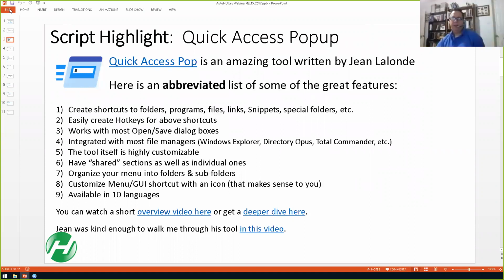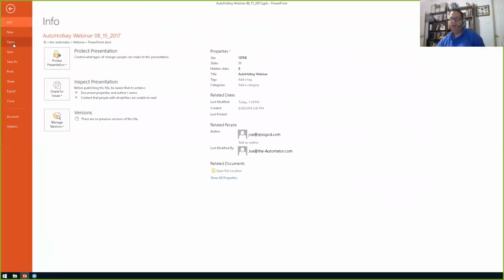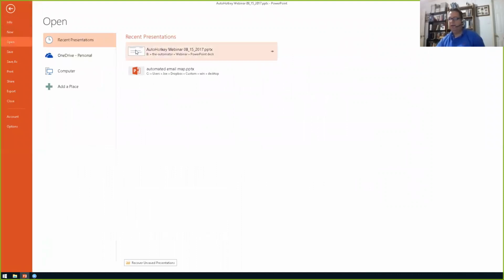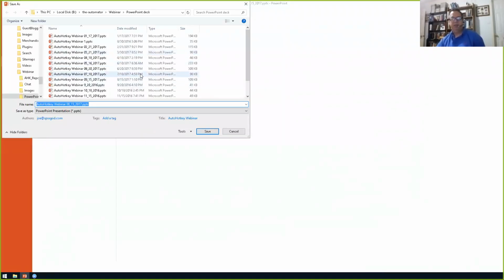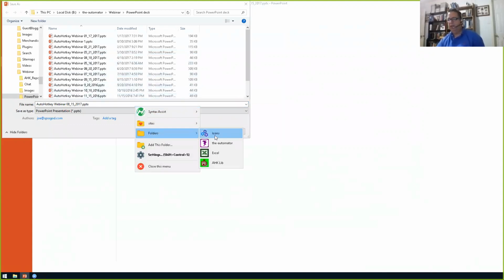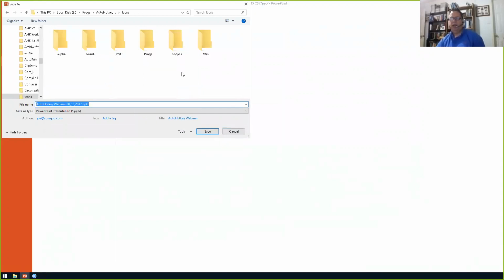The other thing that I loved about it was it interacts. Let's say I'm in the open dialog, and Microsoft kills me. Let's do Save As. It finally comes up. So with these windows, it'll interact, like I can be in here and I'll hit my hotkey and say I want to jump to my icons folder. And it'll automatically detect my open, I'm blanking on the name of those, not command windows, what are those called? Dialogs. Dialogs, which I love, for both the open and save, which is really cool. Or if you have an open Explorer window, it'll go to that.